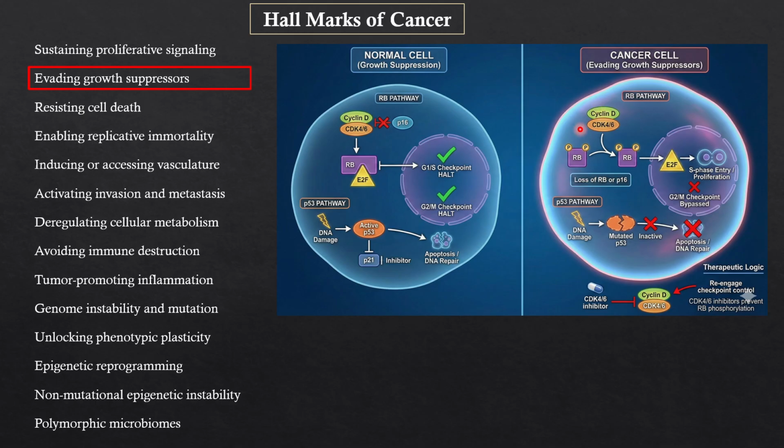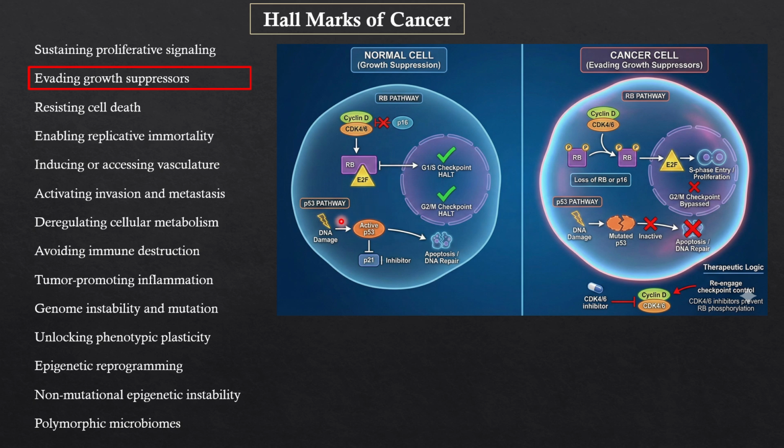Now, talking about the second hallmark of cancer, evading growth suppressors. There are certain growth suppressors like the RB protein, which maintains the RB pathway. Basically, there are cyclin D and CDK4/6. They are inhibited by P16, and as a result, the RB protein can bind to E2F. This acts as a checkpoint for the G1 to S phase of the cell cycle, as well as a checkpoint for the G2 to M phase of the cell cycle. As a result, this protein can suppress the growth of the cells